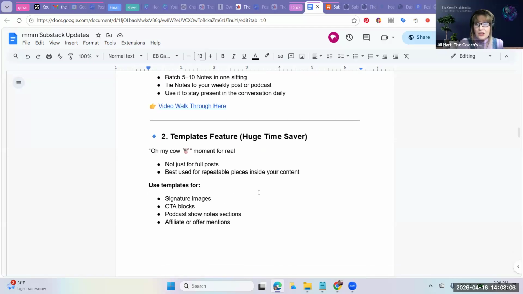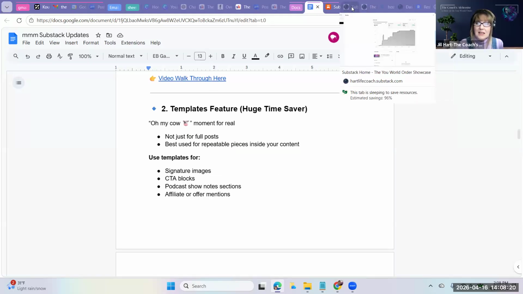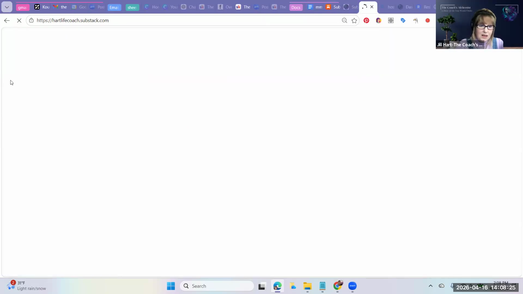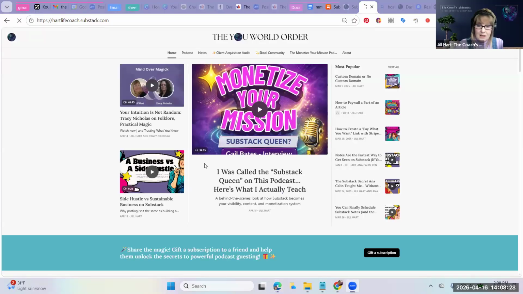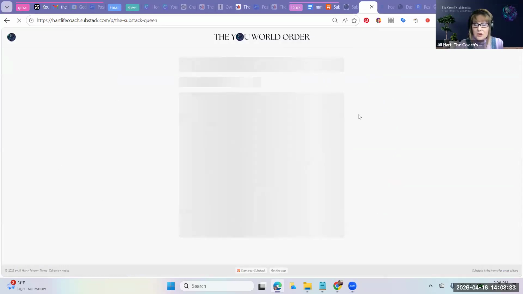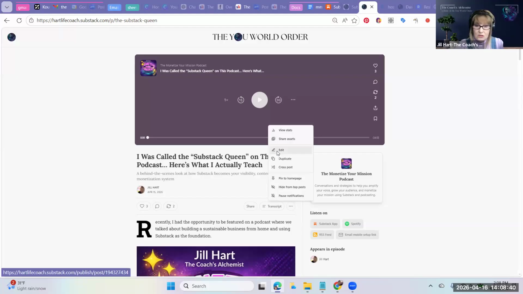Okay, so the next feature I honestly have just figured out how to use, and I don't know where it's been all my life. I love this new feature. It's called the templates feature. And the way the templates feature works is, let's come over here, and I'm just going to edit something I've already got. Here, we'll edit this one because this has a lot of the new things in it. And we'll hit edit.